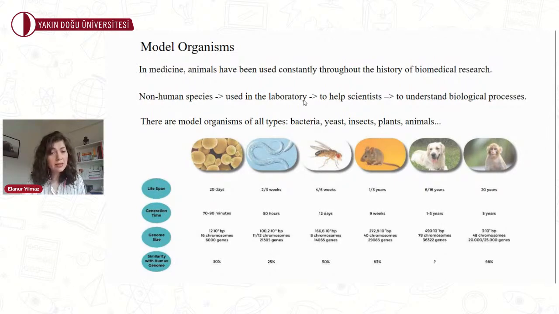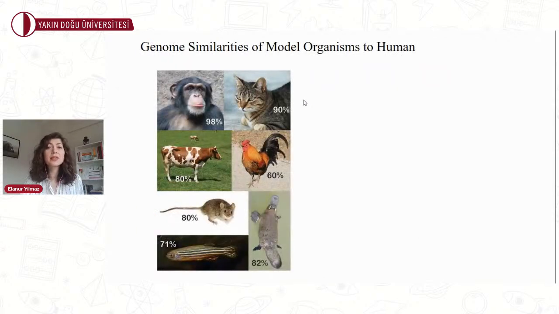Besides these similarities between different model organisms, when scientists look at the genes, they found that about 98% of human genes have a matching version in chimpanzees and 90% in cats. And about 80% of human genes have a match in cows and also in mice. Even some more distant species can share a large percentage of genes with humans. For example, chickens actually share about 60% of their genome with humans, and even bananas share about 50% of their genes with humans, thanks to evolution.